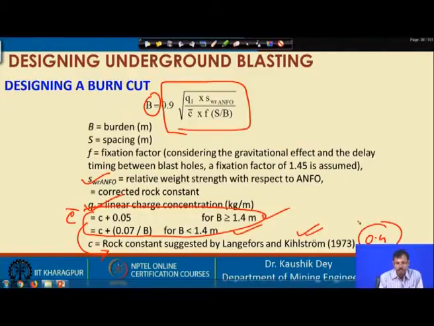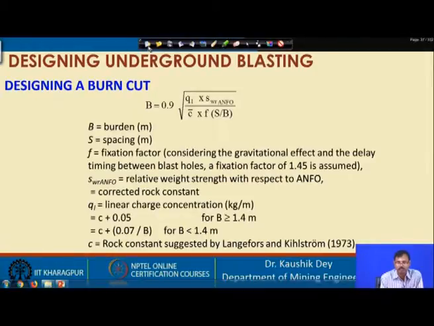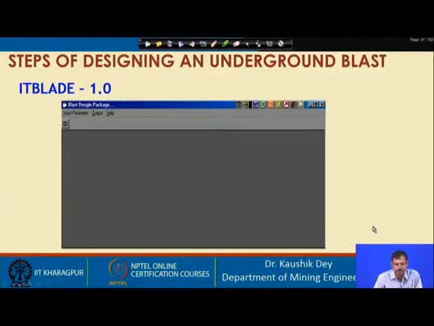So, this is the value you can consider, and using this you can get B. You can use this B value in the previous slides to achieve the different values for the different components or parameters. So, now let us see what will be the exact procedure of carrying out the blast design for an underground mining case or underground opening.